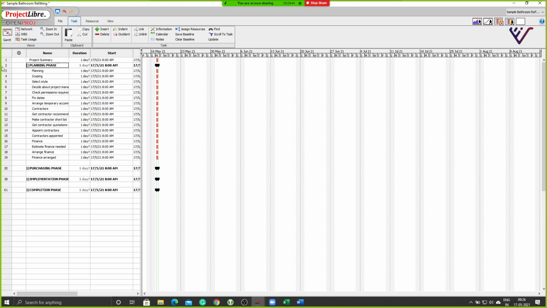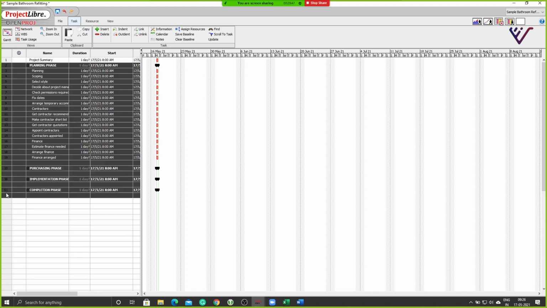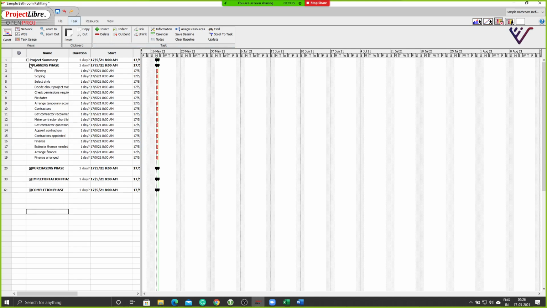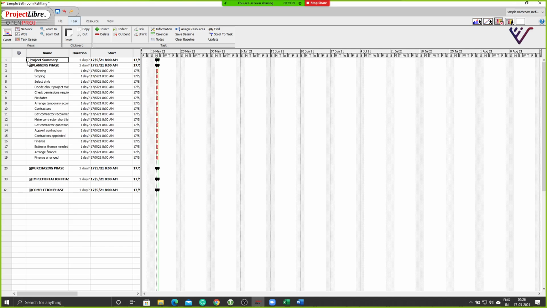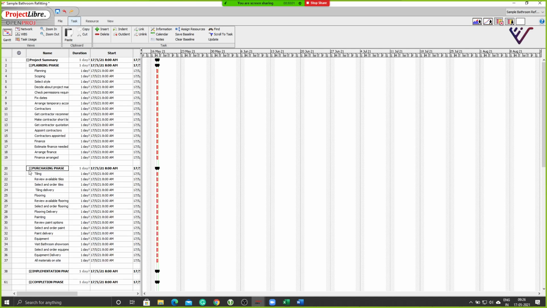So notice how this breaks now. I'm selecting all of these, control to minus the last one, and indent. Now you see all of them became a part of this project summary: planning phase, purchasing phase, implementation phase, and completion phase. Are we clear with this?